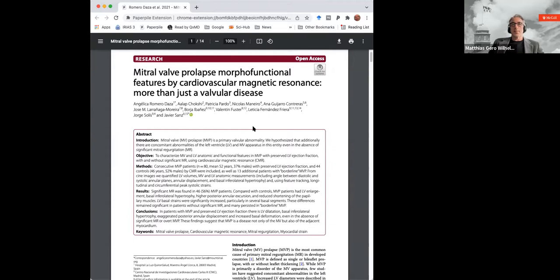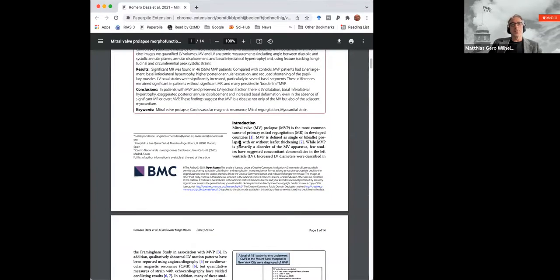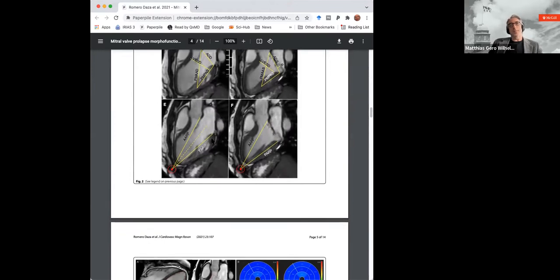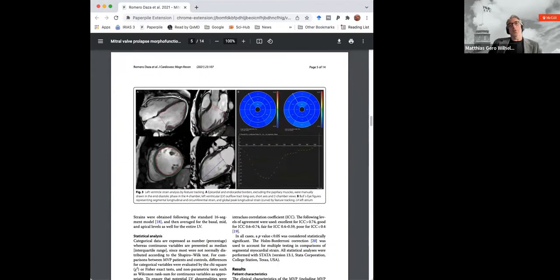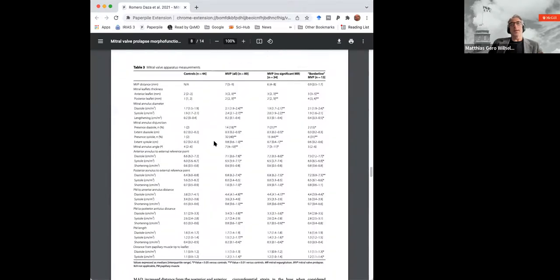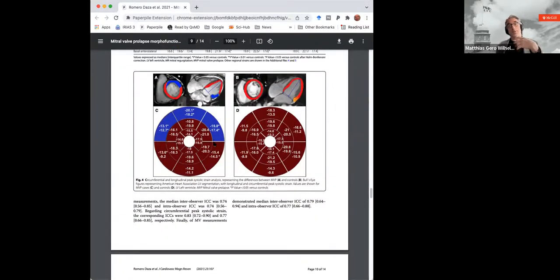Take-home message is that mitral valve prolapse has a large number of features with respect to the morphology, the structure, and the function that go far beyond just the valve itself, but include the architecture of the left ventricle, angulation of the papillary muscle apparatus, regional hypertrophy, especially in the anterior, anterolateral and anteroseptal basal segments that can serve as a diagnostic marker, but also with significant consequences on the function by strain, but also in the long term function that may affect the architecture of the left ventricular secondary to these initial